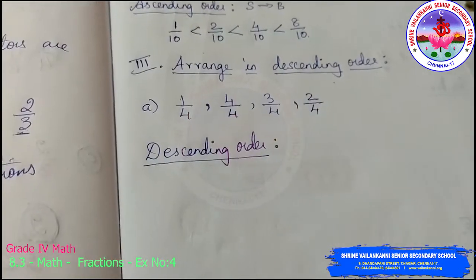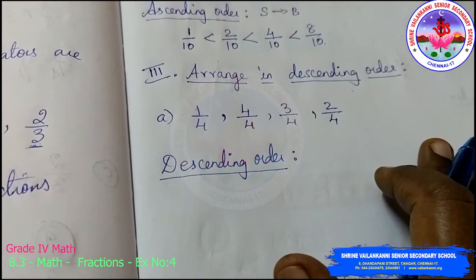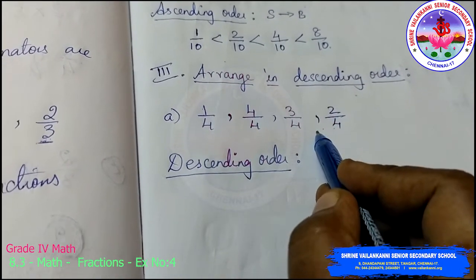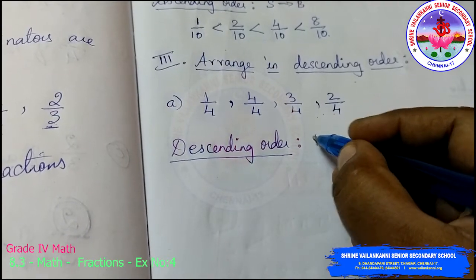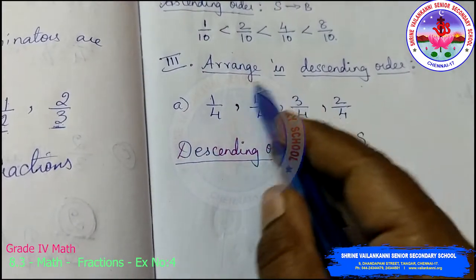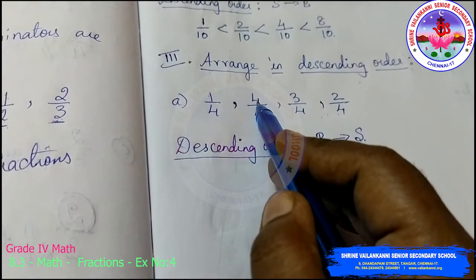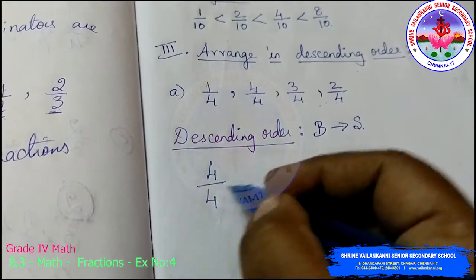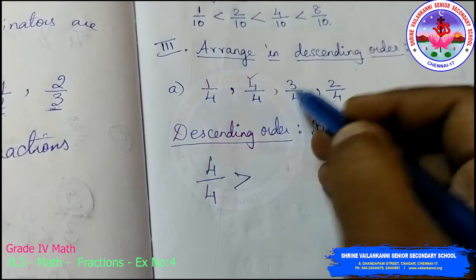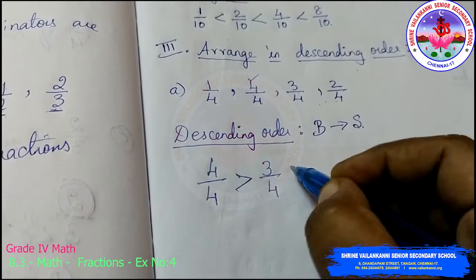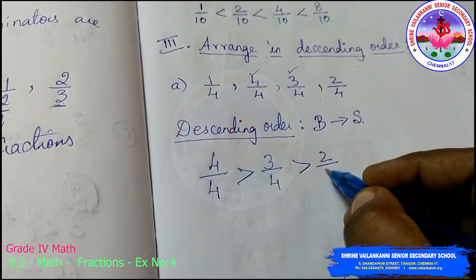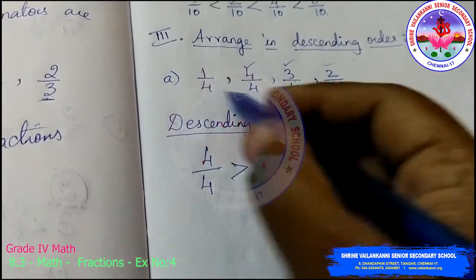One more we'll see with descending order, arranging in descending order. Here too 4 fractions are given with the same denominators, which is like fraction. Descending order means we go in the order from big to small. Comparing the numerators, which is the biggest numerator here? 4 is the biggest. 4 by 4, greater than symbol. After 4, which is greater here? 3. 3 by 4, greater than symbol. Comparing the numerators, 2 and 1, 2 is greater. 2 by 4, greater than symbol, and the rest is 1.